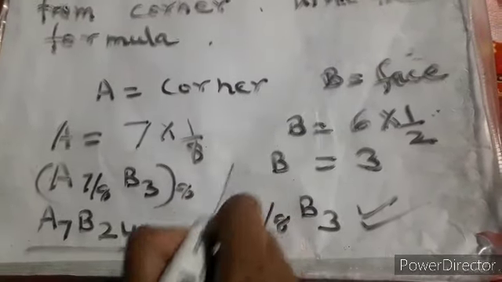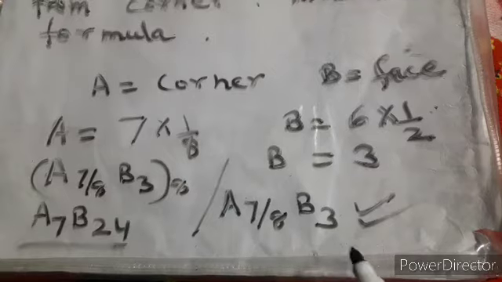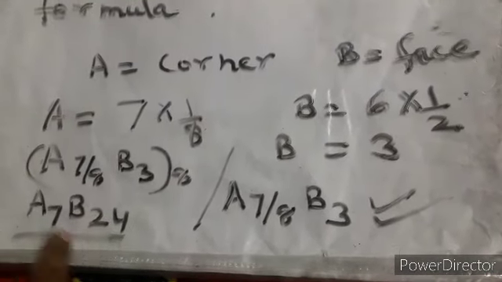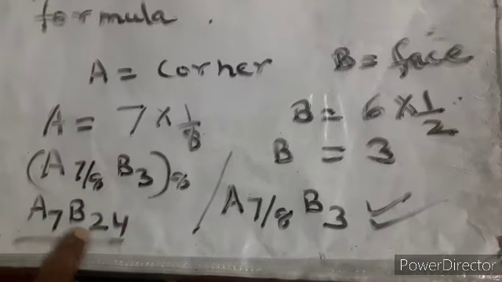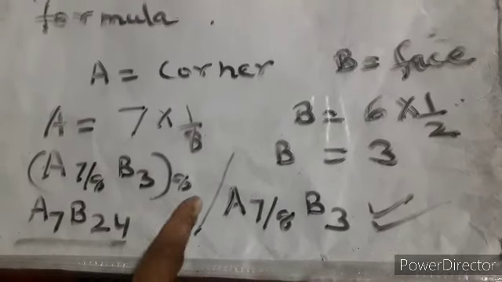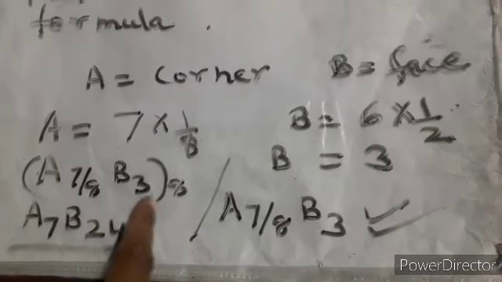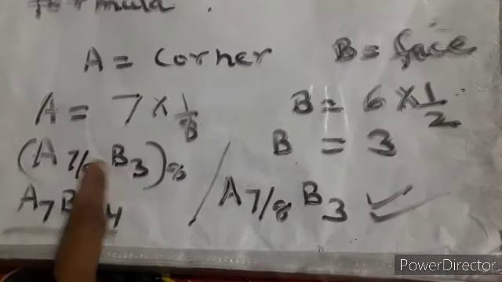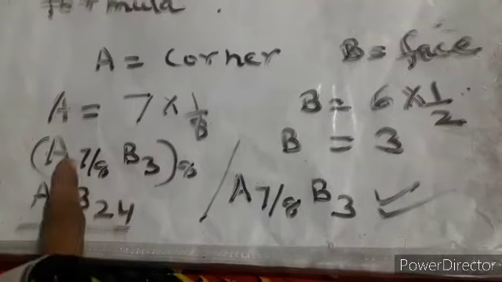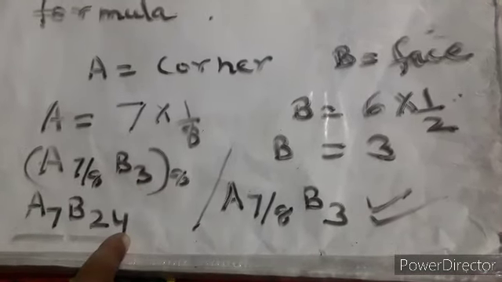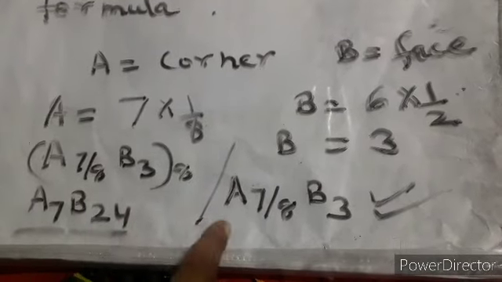This is also a perfect answer, because in our cases we are always writing in fraction form, but sometimes the options may give you this form also. So you should understand why this is coming in this manner. You are multiplying the whole thing by 8, and you know maths: 7 upon 8 multiplied by 8, the 8 will be cancelled, you will get 7 over here, and you multiply with the 3, 3 eights are 24. So you'll get these answers.